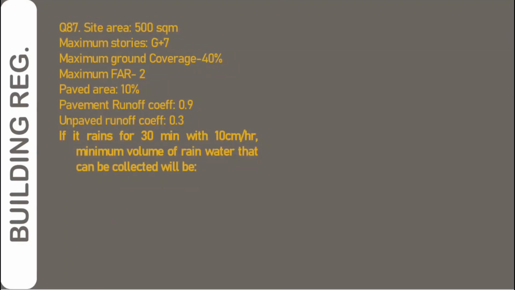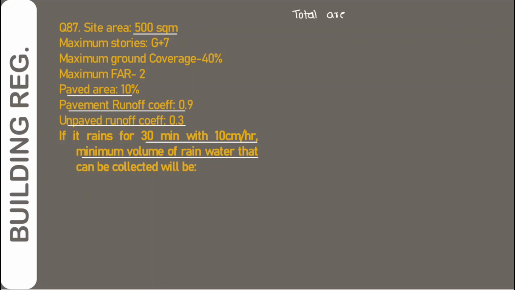Site area of 500 meter square, the paved area is 10%, the pavement runoff coefficient is 0.9, the unpaved runoff coefficient is 0.3. If it rains for 30 minutes with 10 centimeter per hour, the minimum volume of rainwater that will be collected is. So the total area of pavement is equal to 500 into 0.1, that is 10%, is equal to 50 meters square. So the total runoff of the paved area will be 0.9, that is the runoff coefficient,